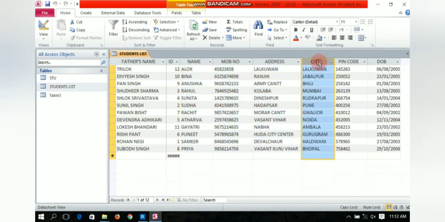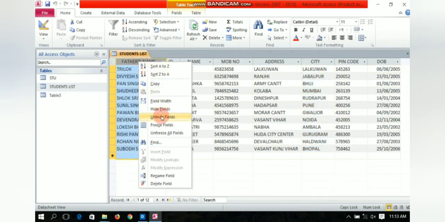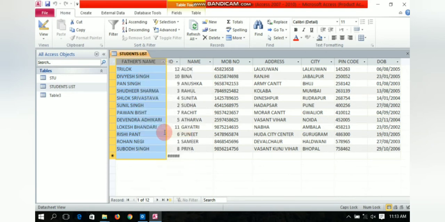Fine. So to unfreeze the column, what I will do is just select the column and right click and choose unfreeze all fields. Okay, then all the fields are unfrozen. Then I will just show you that.